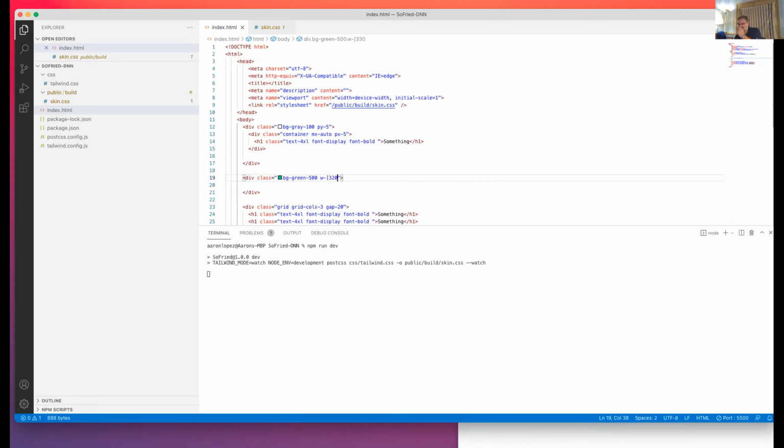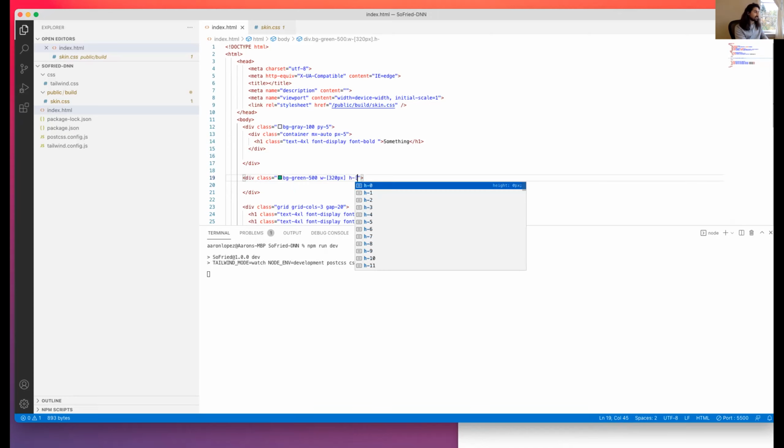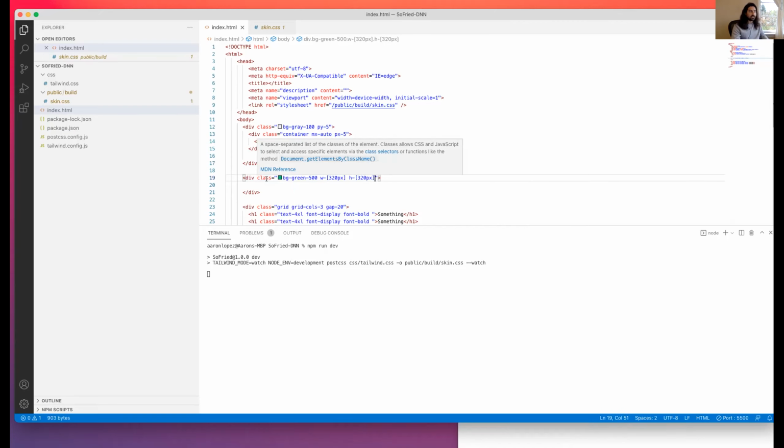The number 320 is not really part of the design system, but we're just adding it as a value because it uses the just-in-time compiler. The typical Tailwind approach was you put in all the things and it would build a huge CSS file, and then you do a purge at the end and it would remove it. But nowadays it is a just-in-time compiler, so you're actually starting at zero, basically. And then as you add things, it just adds them. So let's take a look.